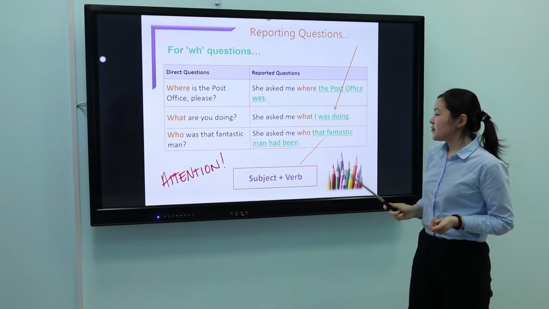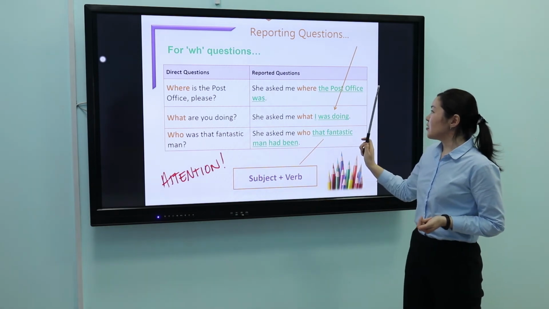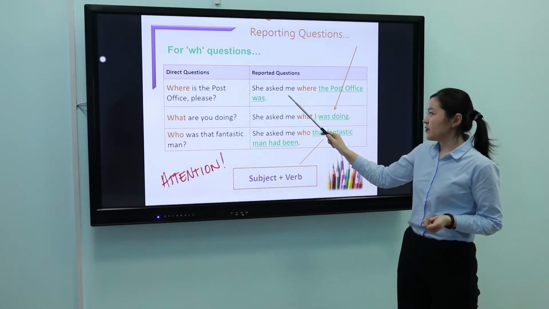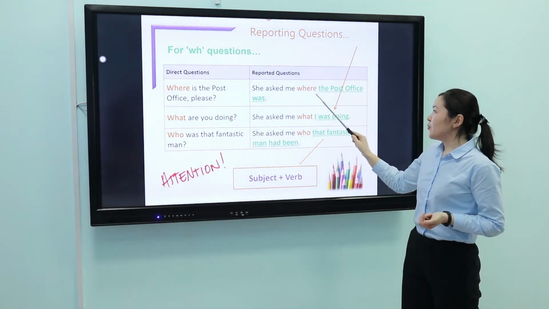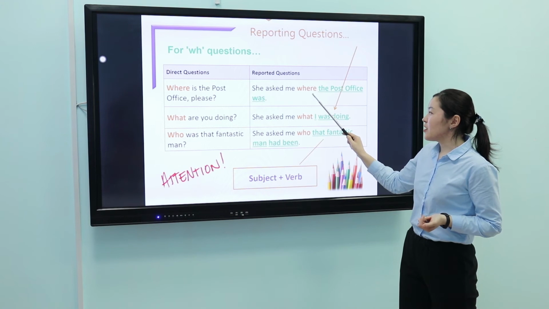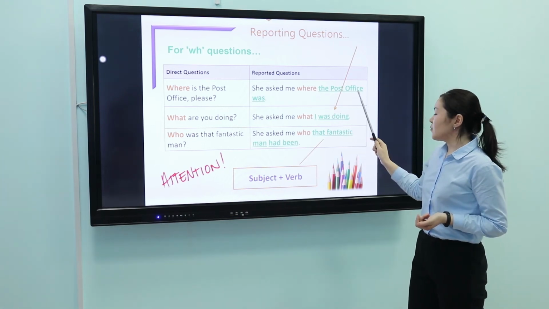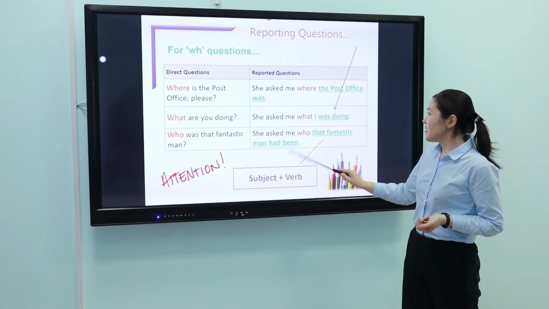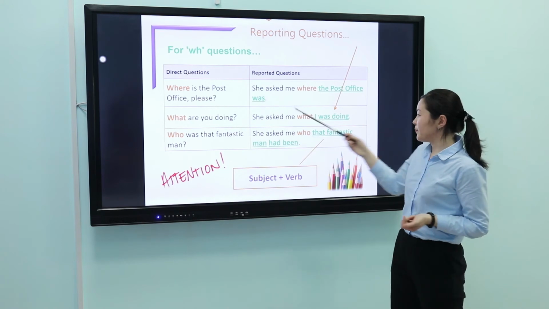As you see, be attentive, please. Here we use at first the reporting verb ask in order to inquire. Then we leave the WH word, where. Then we have the subject, and then the verb is changed into was.